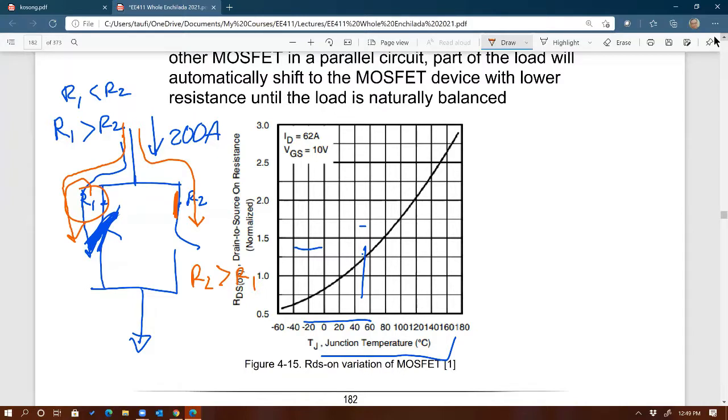As more current flows to the other one, then RDS on of this other MOSFET will go up, and then would naturally move that current back to the previous MOSFET, right? And it goes back and forth, creating a balancing act, like I said. So if that curve had more than a squared relationship, then that wouldn't work. Because power is I squared R, and if the temperature increased faster than the temperature could adjust, then it would be an issue. Is that